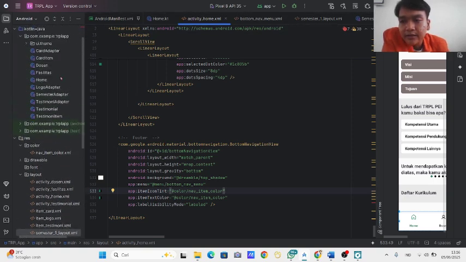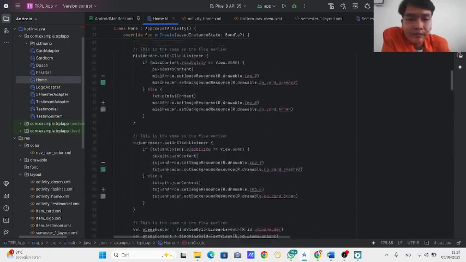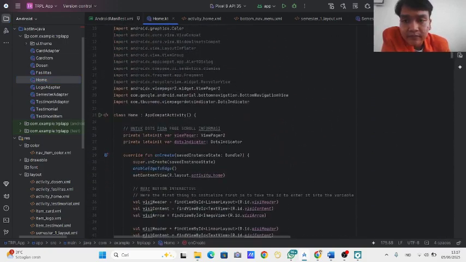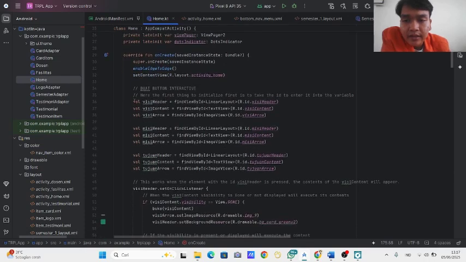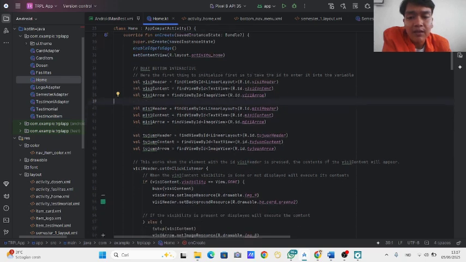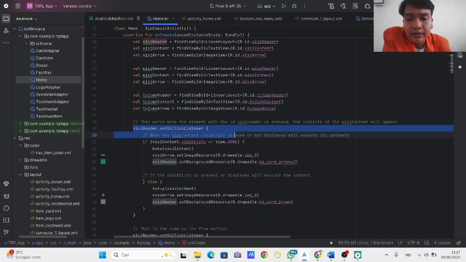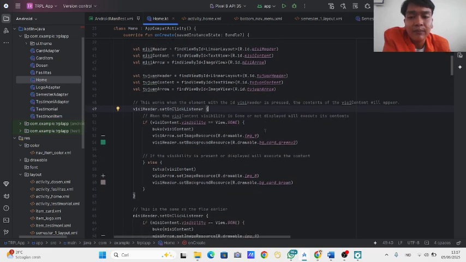In Kotlin Home, the first thing to initialize is to take the ID to enter it into the variable. This works when the element with the ID VC header is pressed. The content of the VC content will appear.